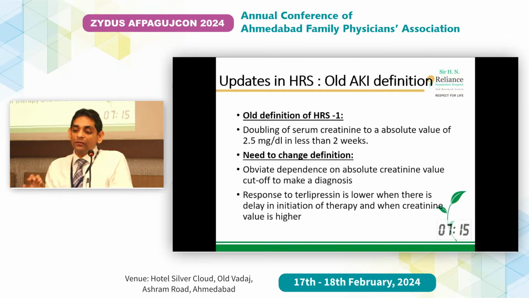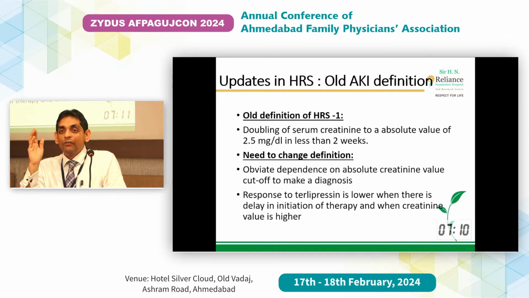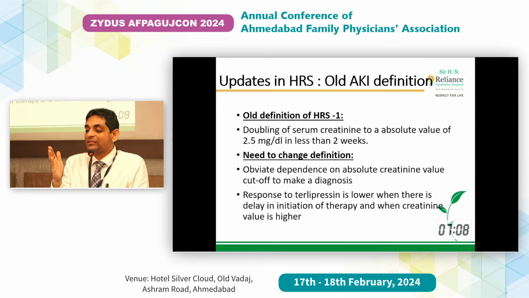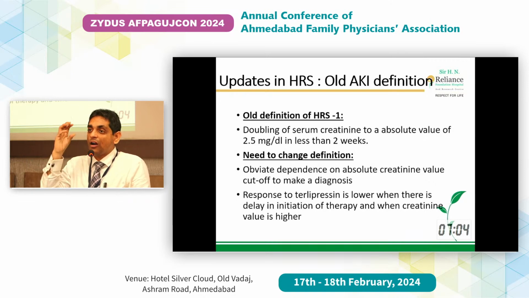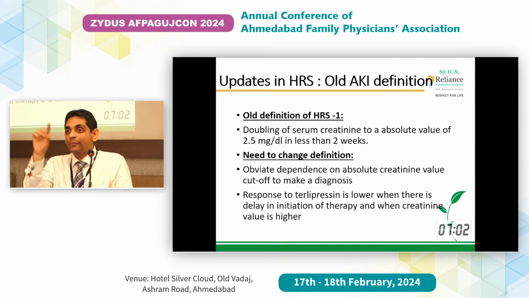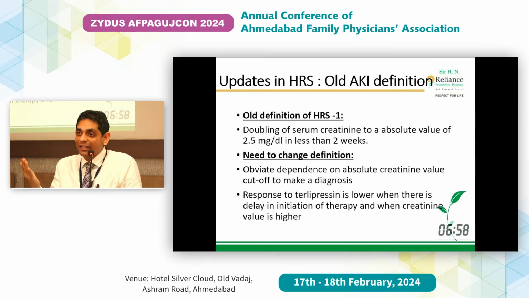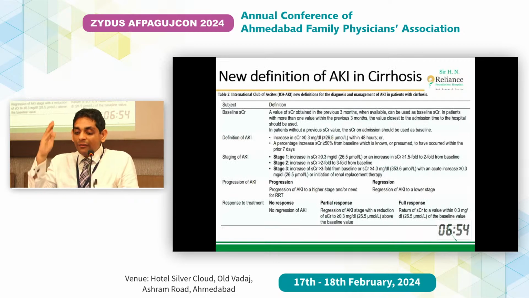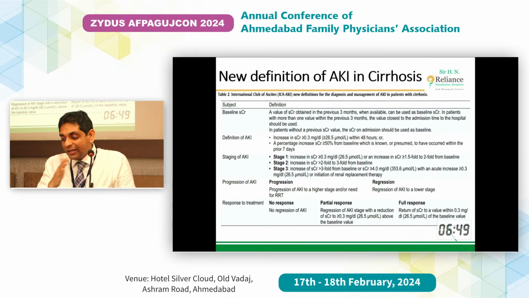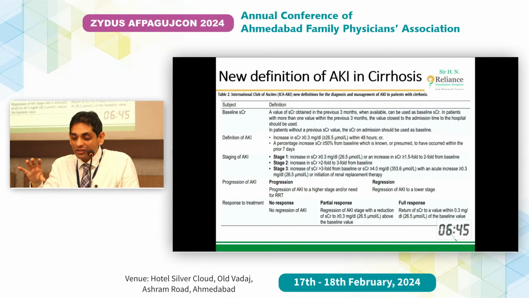Going to the last part of the talk, where we'll update about HRS and coagulopathy. We were all used to the definition of HRS as type 1 or type 2. Type 1 HRS for us is now acute kidney injury. Type 2 HRS is like a CKD for us, where in type 1 you double the creatinine in a very short period of time. We had multiple definitions, KDIGO guidelines, or the various definitions which took into account the baseline creatinine or other complications.